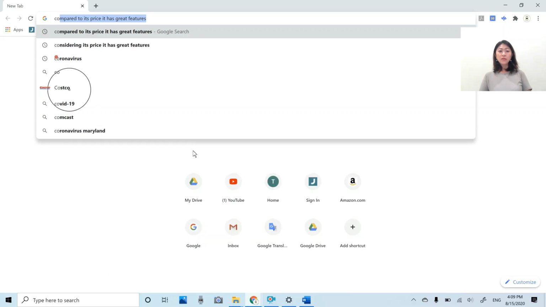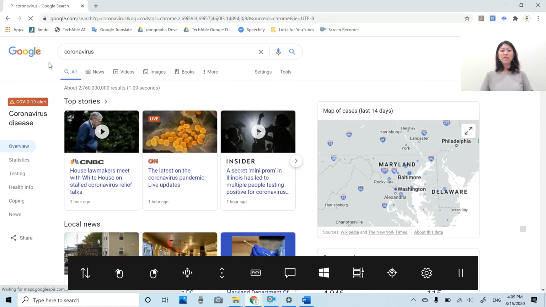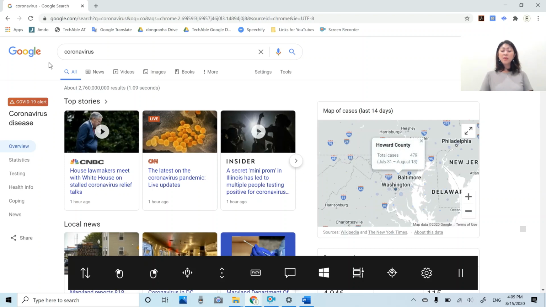So I'm gonna do left click, and then that clicks the coronavirus. So now it brings up all the articles and what it found from the website, and then loads up on the screen. So let me scroll down to see what's on the bottom.